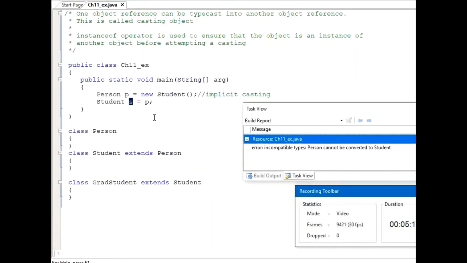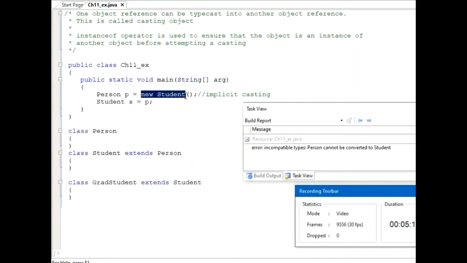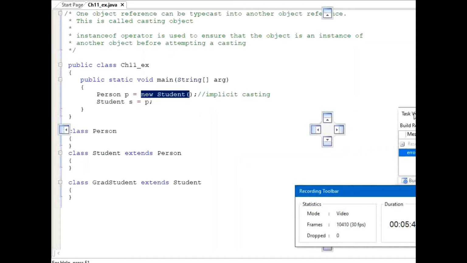Basically, p is an instance of the Student class only, but the compiler is not clever enough to know this difference. It will show you the compile error: incompatible types. Person can't be converted to Student.